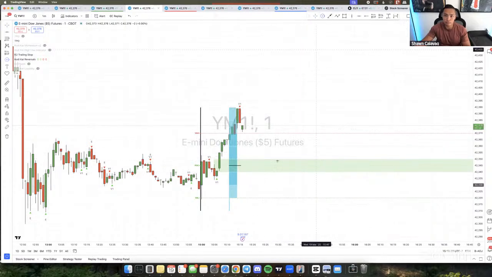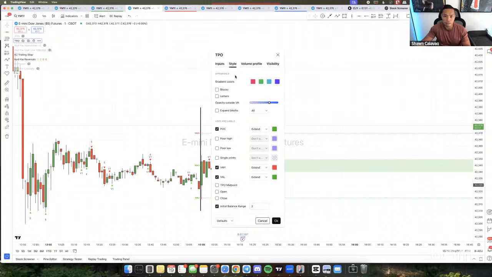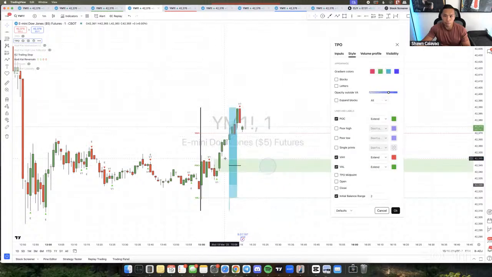This is the fair value area. When price gets up to this point, usually people will try to sell off. Sometimes you get a fake out up here and price comes back down. And then vice versa, price is down here, same thing. Price comes below here, bounces up, comes back to fair value, which is going to be point of control. The other settings here that I have, so this is basically to clean up the market profile.